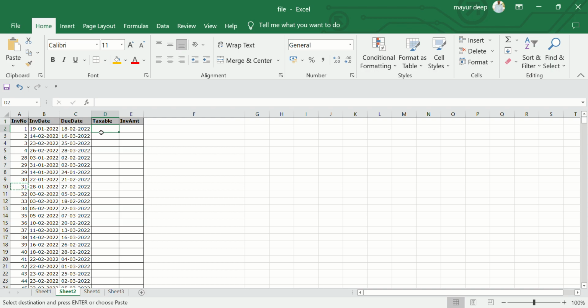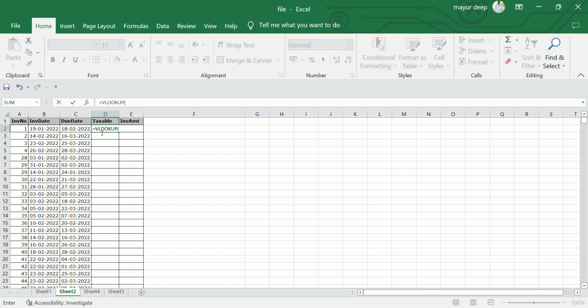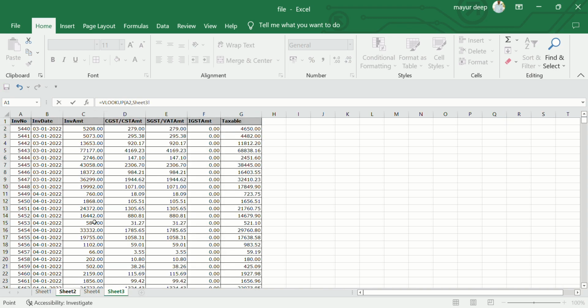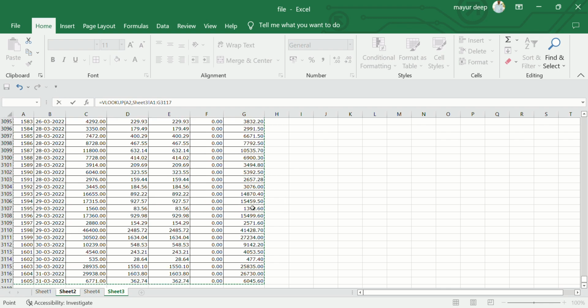So VLOOKUP के लिए first, for any formula we have to use is equal to VLOOKUP. Okay. सो मुझे कौन सा वैल्यू लुकअप करना है? इनवॉइस नंबर, दिस वैल्यू आई नीड टू लुकअप। मुझे कहाँ पे लुकअप करना है, मीन्स इन विच टेबल आई वांट टू सर्च द वैल्यू। सो इन दिस टेबल आई वांट टू सर्च द वैल्यू, सो आई विल सेलेक्ट दिस टेबल।